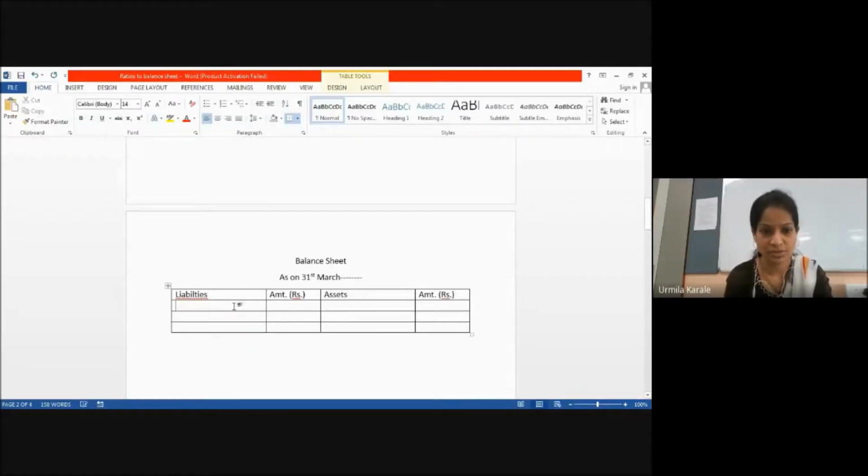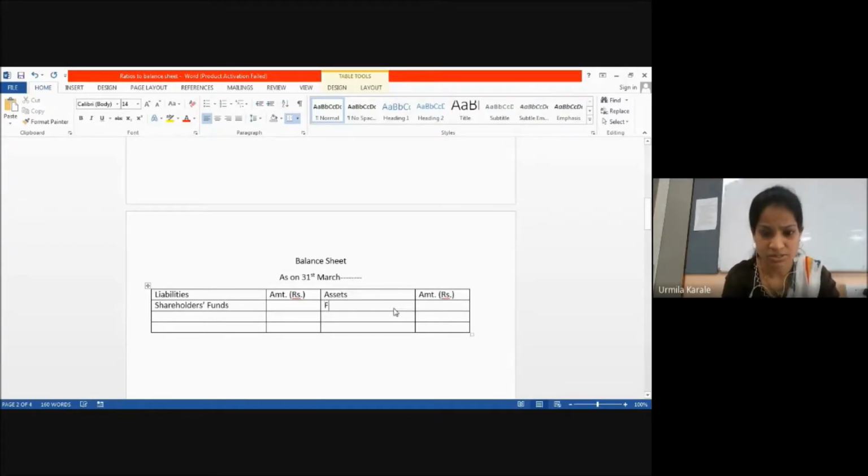Now can you prepare a balance sheet? The last thing that is left is preparation of the balance sheet. Prepare a format, and whatever components you have, accordingly you can mention. You have long term funds. You can either write long term funds here, or write shareholders funds or net worth. Why is it so? Because there are no borrowed funds, all the funds are shareholders funds. So जो भी long term funds हैं, those are shareholders funds, okay?